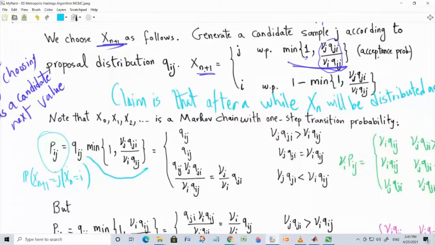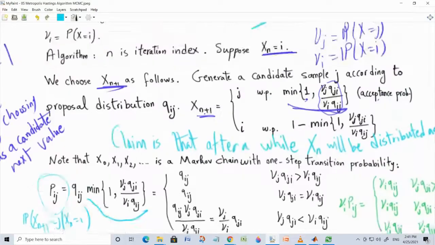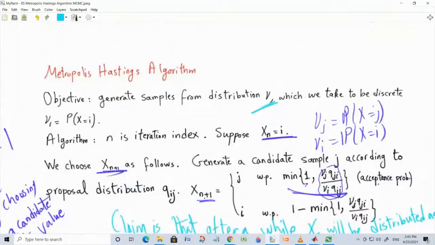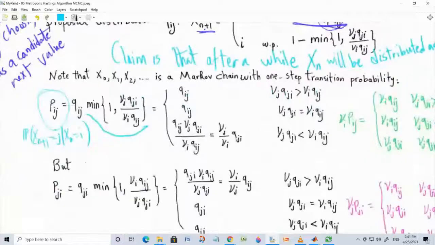Okay, so this means that if our Markov chain is well designed, and this design will put some constraints on the acceptance probabilities and the Q probabilities, so that it is again irreducible and ergodic, then we will converge to some distribution. But is this distribution the target distribution of interest? And the answer is yes. Okay, but before doing this, let's